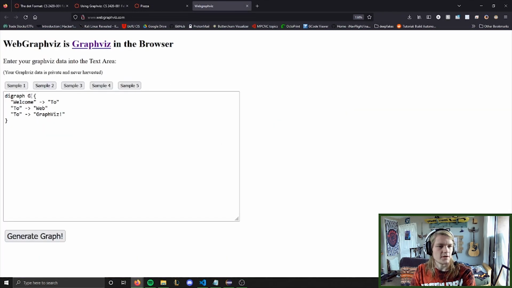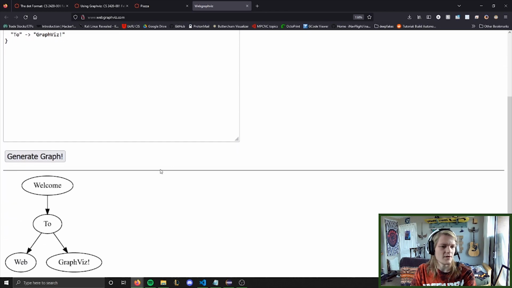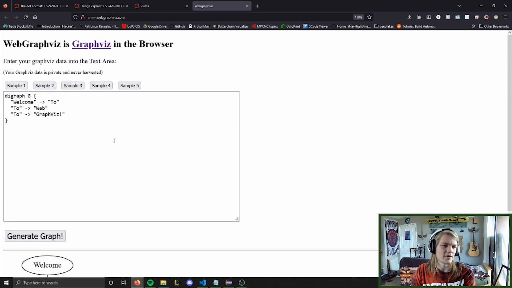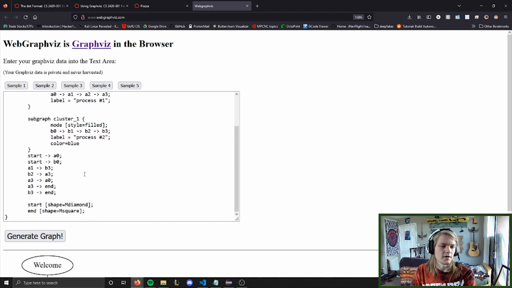For example, here, when you first open it up, it has a very simple one. So this is like digraph G, and then it has open and close curly braces. Welcome points to 2, 2 points to web, 2 points to GraphViz. Well, if you click generate graph, it makes a lot of sense. Welcome points to 2, 2 points to web, and GraphViz. Really neat. There's a bunch of samples here, all of which show a little bit more about how deep this